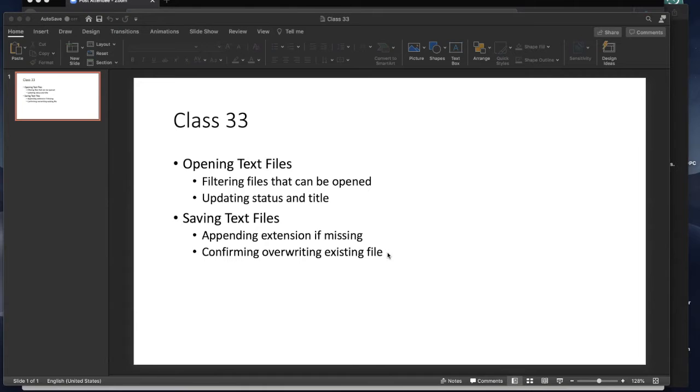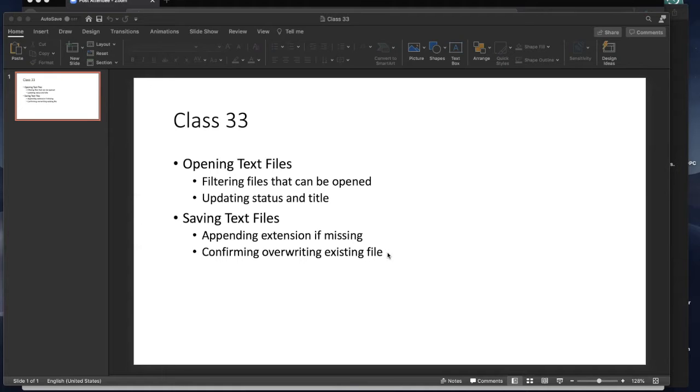However, if you do a save as, then that will let you choose the file that you want to save it to. And the question is, what if you choose a file that already exists,